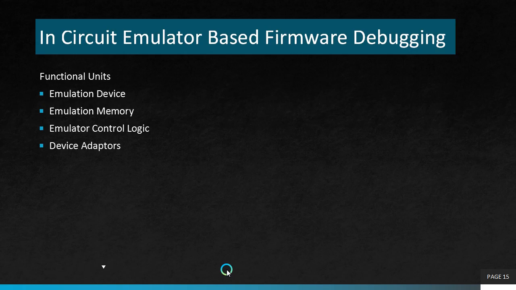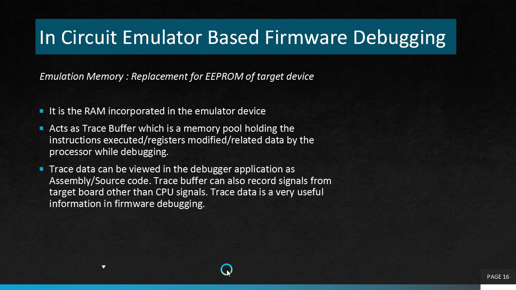Next is the emulation memory. Emulation memory is a replacement for the EEPROM of the target device. It is the RAM incorporated in the emulator device. It acts as trace buffer. Trace buffer is a memory pool holding the instructions executed or registers modified or related data by the processor while debugging. Some of the common features of trace buffer memory and trace buffer data viewing are: the trace buffer records